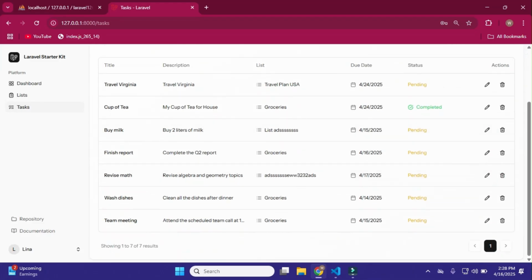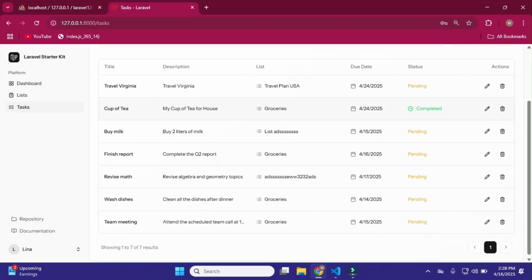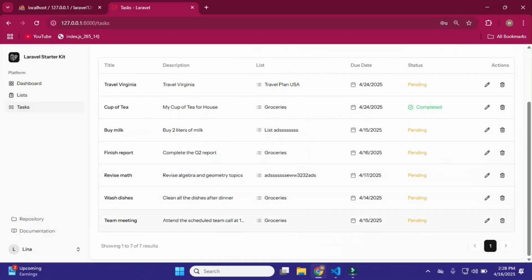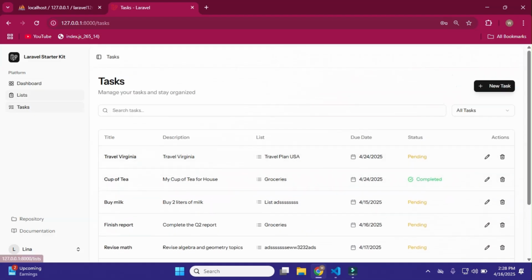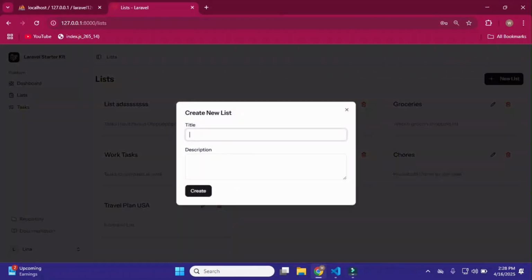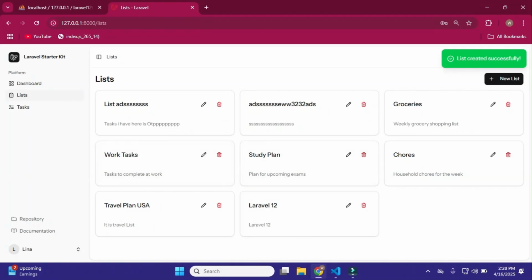and here it is paginated at 10 records per page, and it is server side pagination. Now I'll go to list, and add a list here, and I'll name this Laravel 12, and in the description for now I just add this and click on create. And here you can see my list is added,